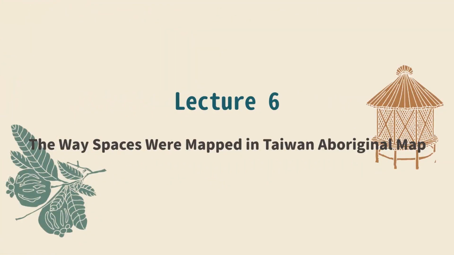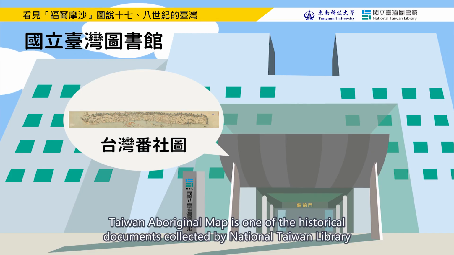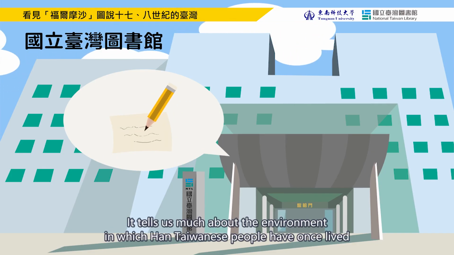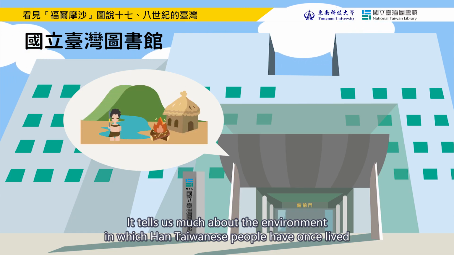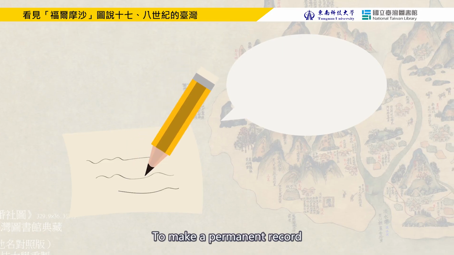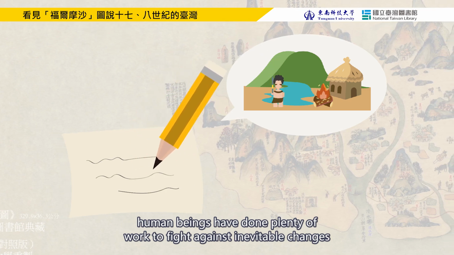Lecture 6. The Way Spaces Were Mapped in Taiwan Aboriginal Map. Taiwan Aboriginal Map is one of the historical documents collected by National Taiwan Library. It tells us much about the environment in which Han Taiwanese people have once lived. Environments change over time. To make a permanent record, human beings have done plenty of work to fight against inevitable